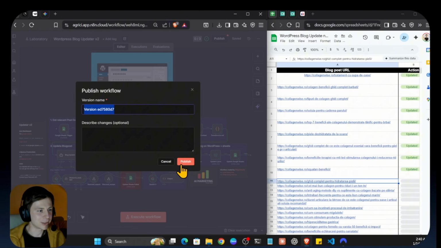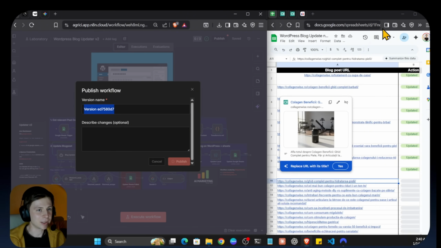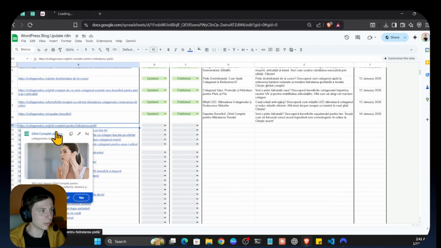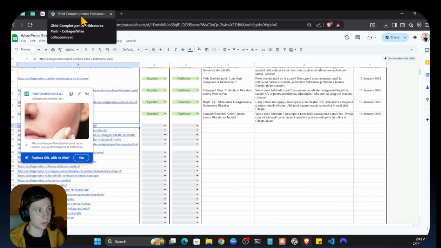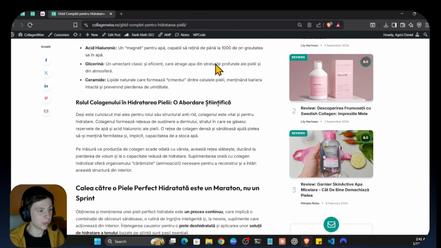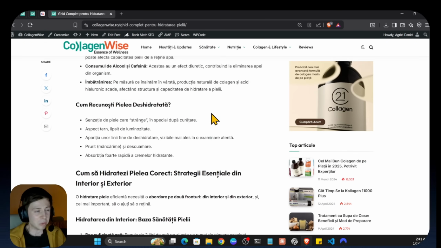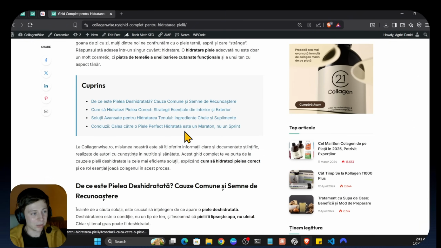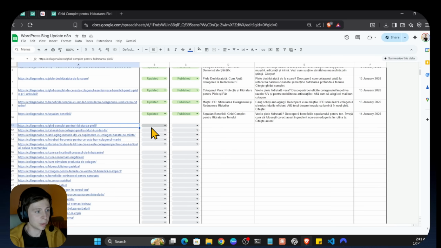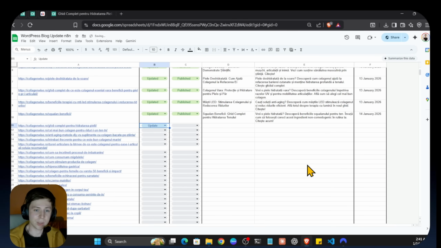I'm just going to now press on publish. So this whole thing is controlled from Google Sheets. So let me first open, let's say maybe one blog, just for reference. So you're going to see exactly how this whole thing works right now live. So here we have the cover image, the original cover image, and we have here the blog. It's quite nice, quite okay blog, but there's no soul inside, I would say, because it's just text. So what we're going to do right now in the sheets, so I can just select here